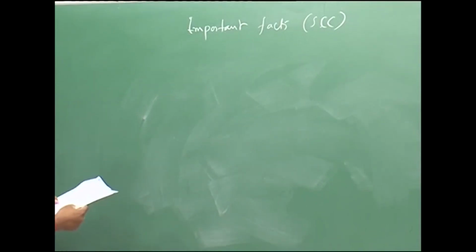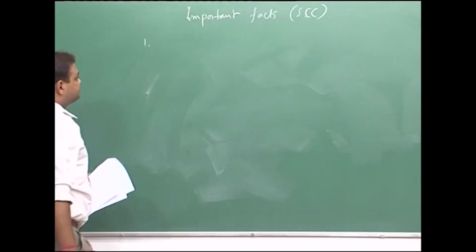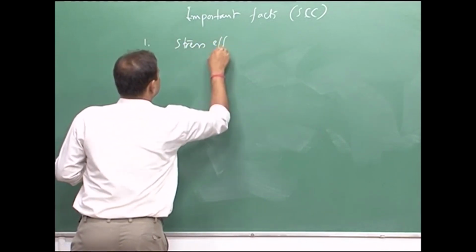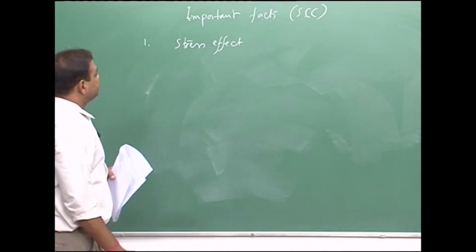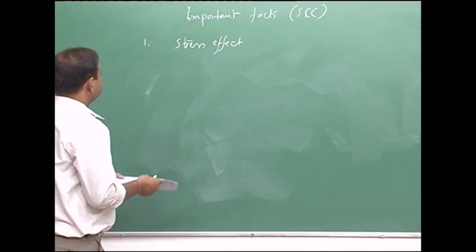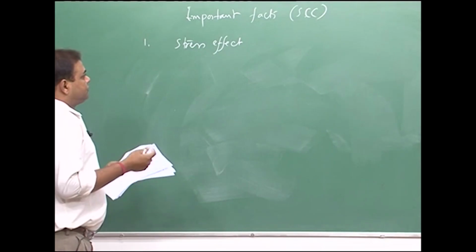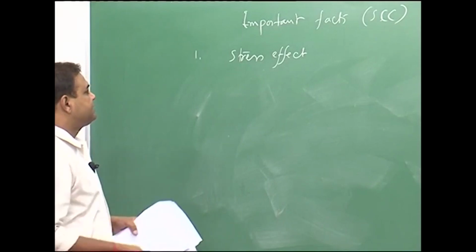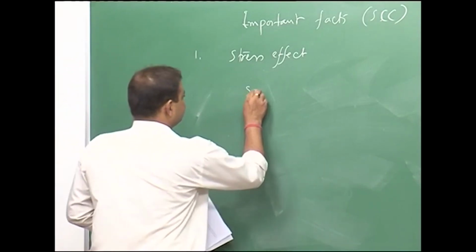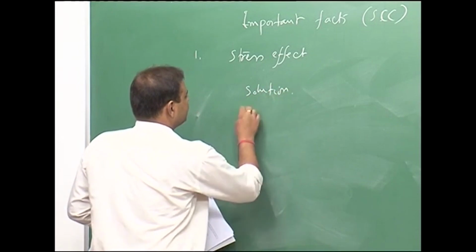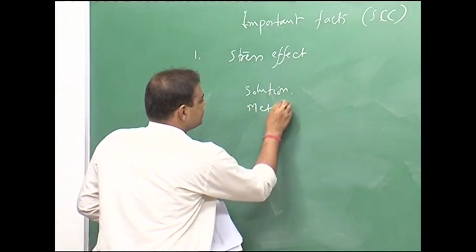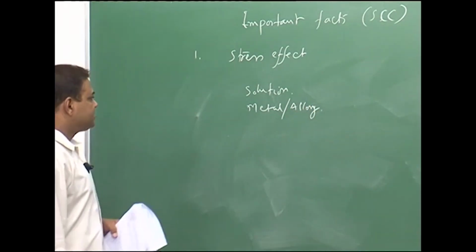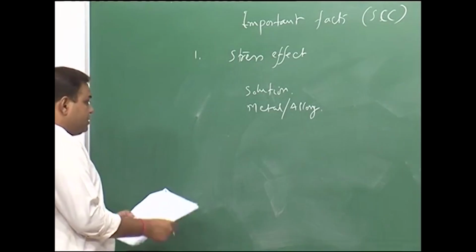One is there would be stress effect. So, depending on that stress at which there should not be any SCC for the particular system, that would be decided by the solution. Then you have the metal or alloy nature, also temperature,